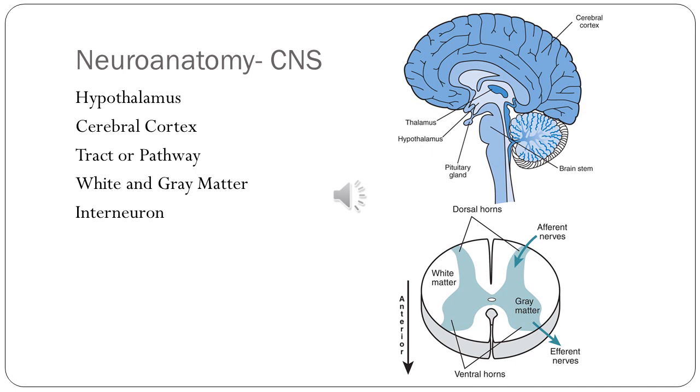Now, so we looked at a lot of the neuroanatomy of the peripheral nervous system, looking at the nerves, the different types of nerves, the neuron, all the different functional units. Now we're going to look at the central nervous system. So in the central nervous system, and the picture illustrated here, we have a basic outline of the brain and